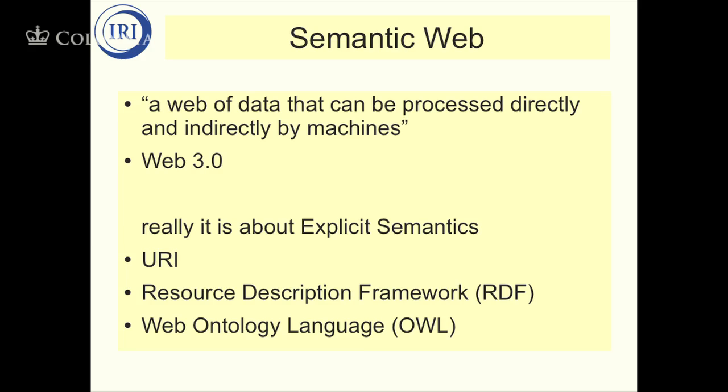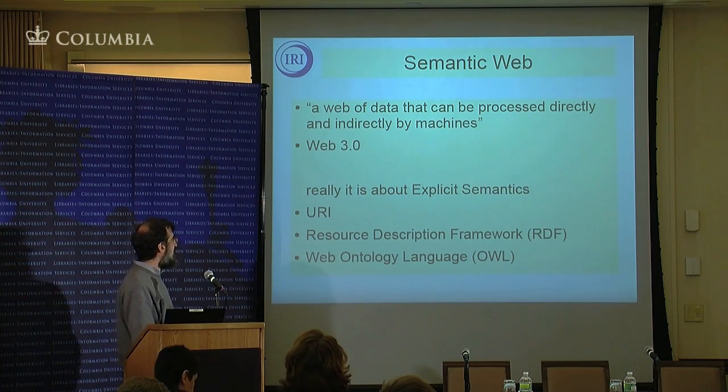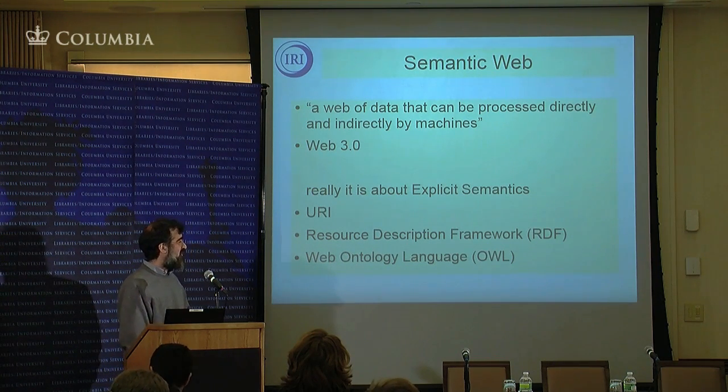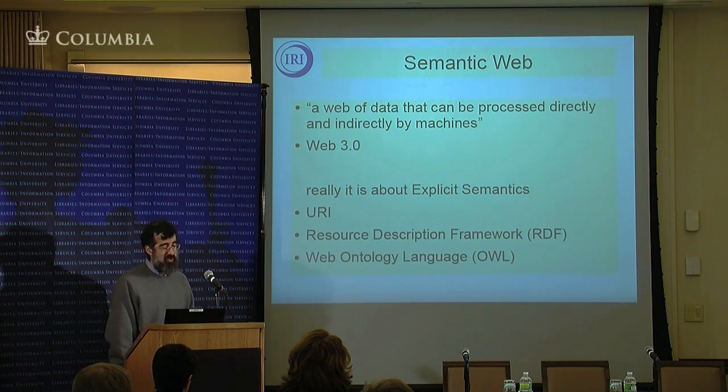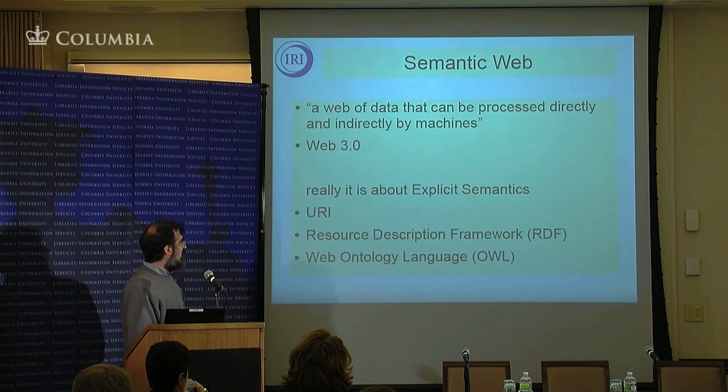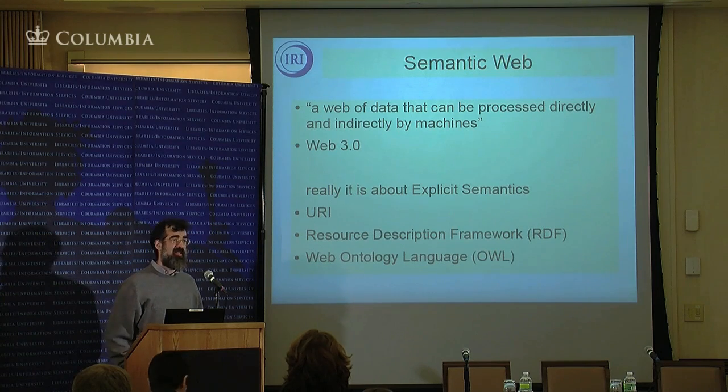My take on it is that it's really about explicit semantics. So it's a way of writing down a lot of things that normally get left implicit, or are only valid in a particular context. So it's all about taking information from its original context and trying to distribute that to other places. And there are a couple of technologies involved. I'm going to talk mostly about the resource description framework, which is RDF, which is one of the cornerstones of the whole effort. And a key piece of that is identifying things, which is usually done with URIs, Universal Resource Identifiers. And then there's the web ontology language, OWL, and that's a whole class of things that starts to make this